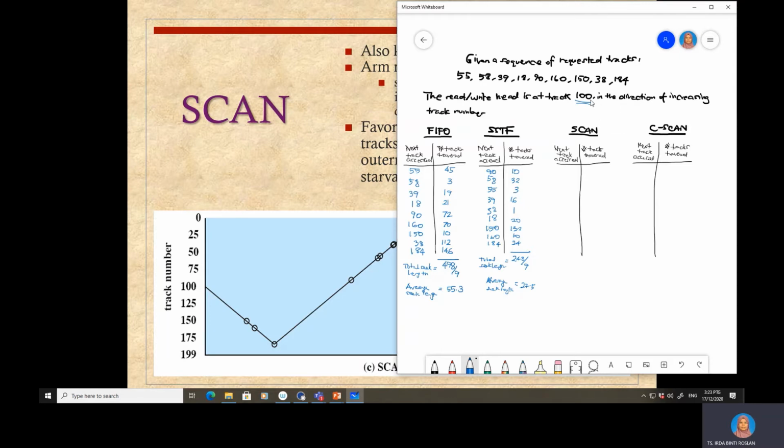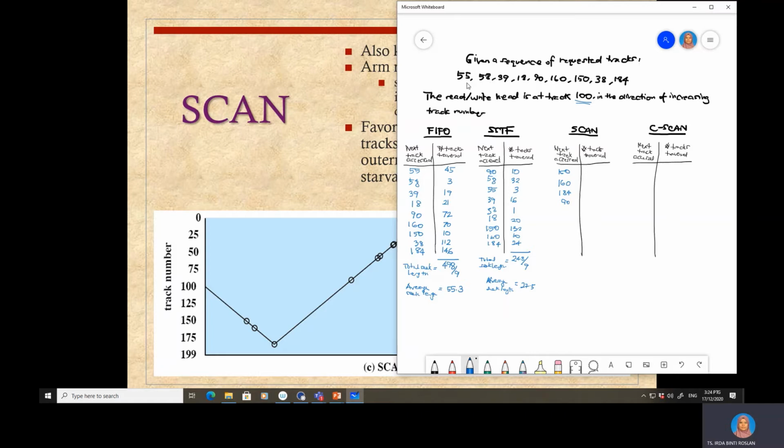So from 100, we increase to 150, then you increase to 160, then 180, 184. That one is towards the end of the track. So after the end of the track, we go to the opposite direction, meaning below 100. Below 100 is 90, and then going down to